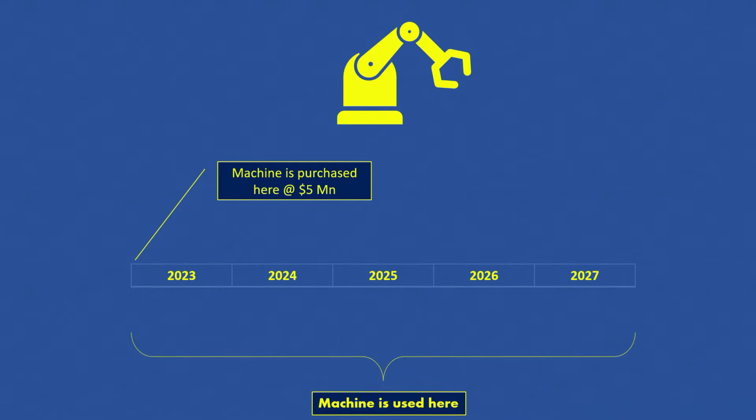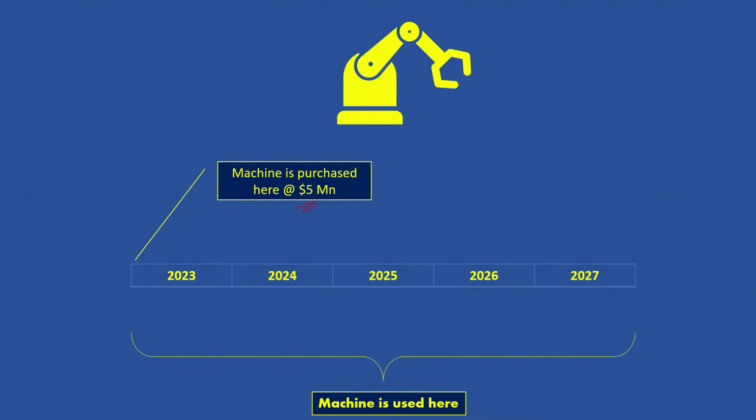Now we have incurred all of our cash outflow. The complete expense has been incurred in this year 2023, but the benefits will be accrued over the next 5 years. So the accounting standards require us to split this cost of $5 million over the next 5 years, and